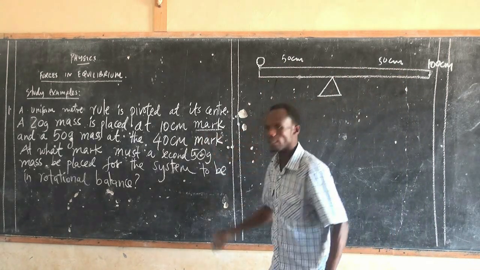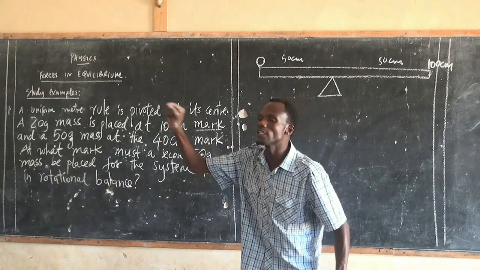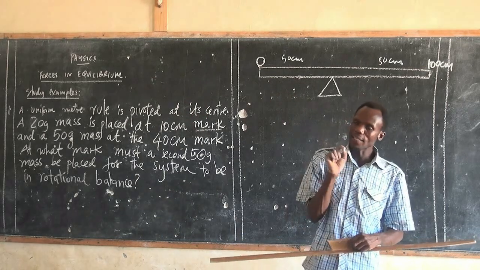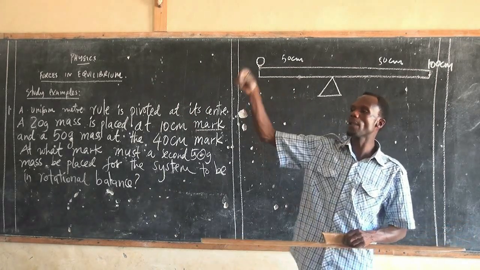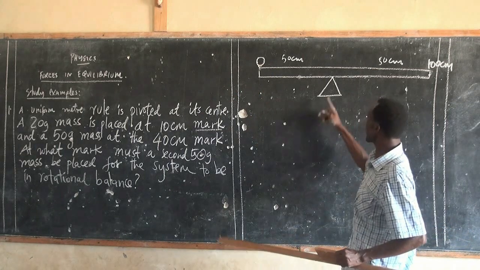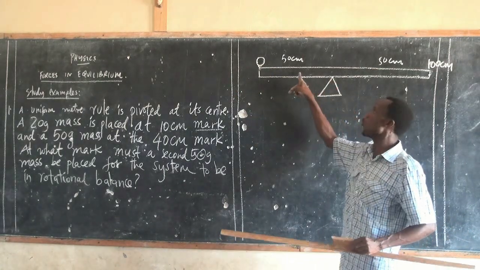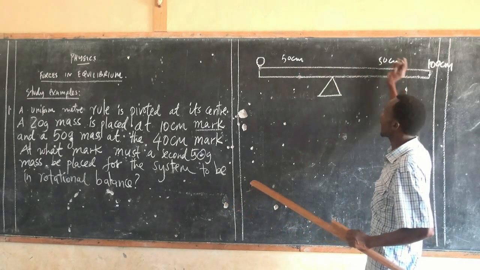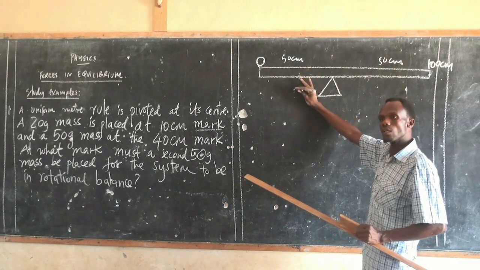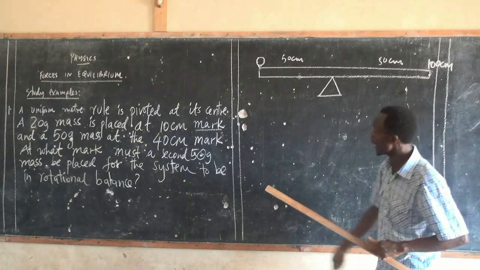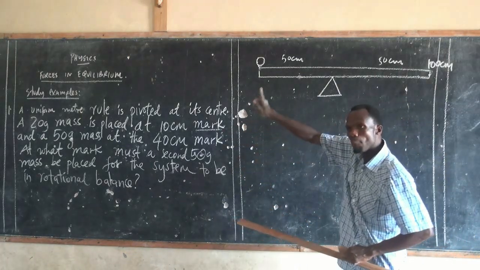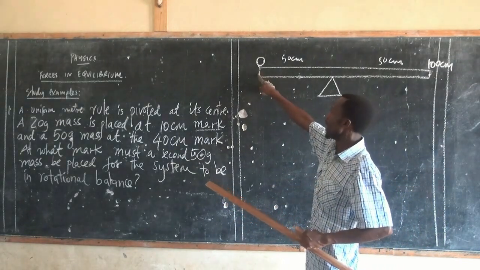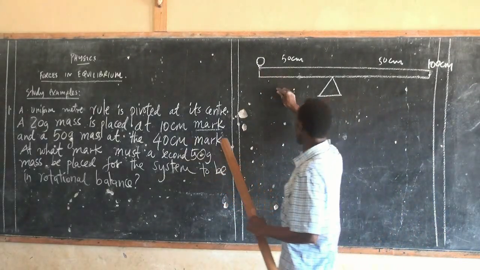There is a difference between the 10 centimeter mark and 10 centimeter from the axis of rotation. When somebody says this is 10 centimeter from the pivot, you measure that 10 centimeter from the pivot to where you want to place a mass, whether on the right or the left hand side of the pivot. But now here it is the 10 centimeter mark. Now imagine your ruler measures here 10. Now the mass